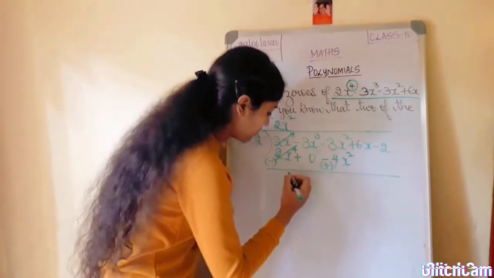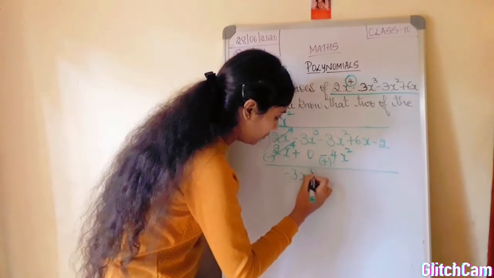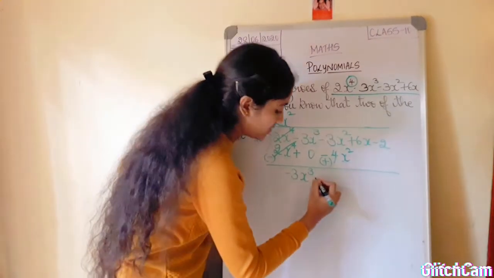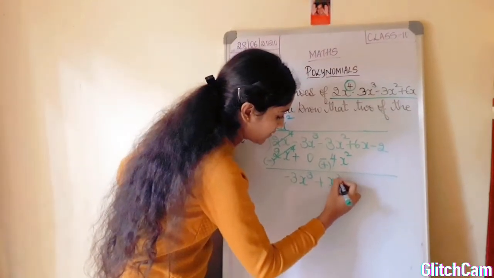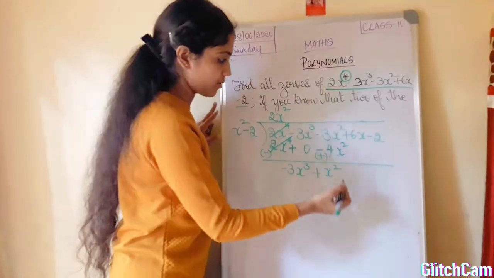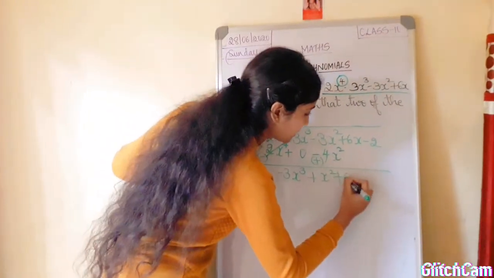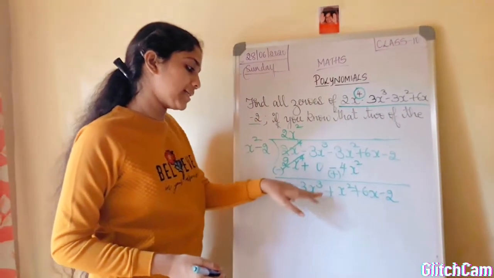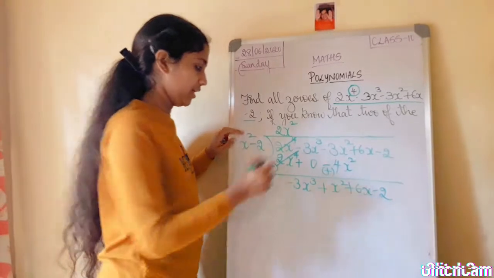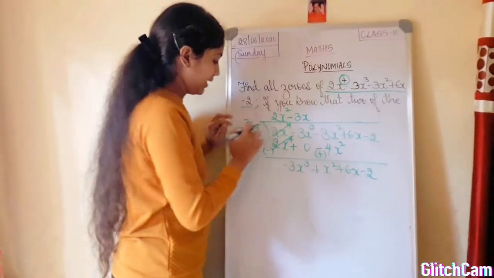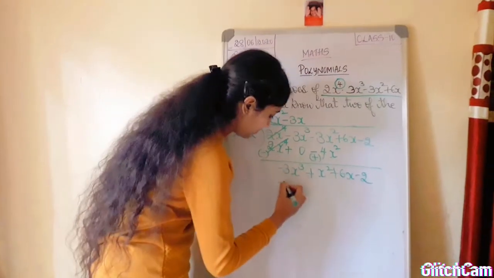Now this is the same. Minus 3x cube. Now you have plus 4x square minus 3x square. That is plus x square. 4 minus 3 is 1 and you have plus. So it is plus x square plus 6x minus 2. Now observe, you have 3x cube. You have x square over here. So you have minus. So minus 3x. 3 into 1, minus 3 into 1 is minus 3.